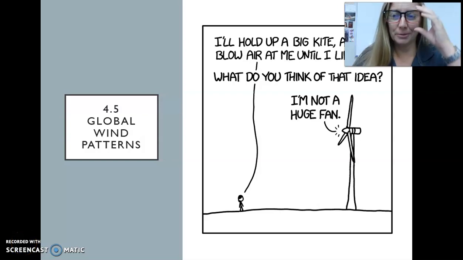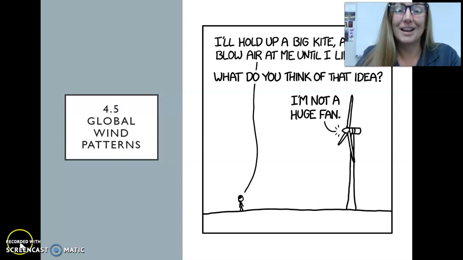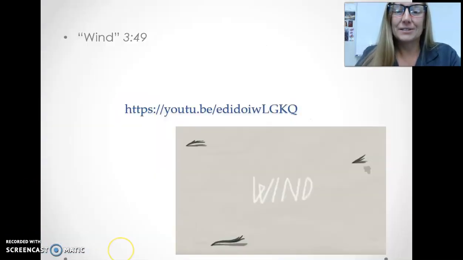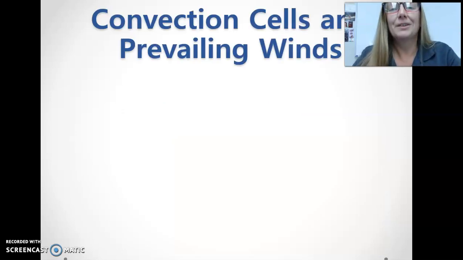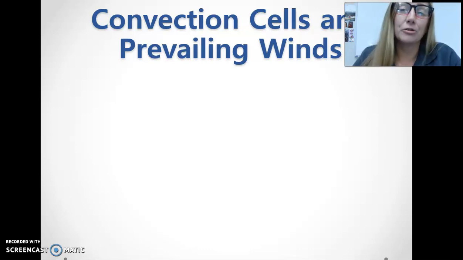Hello, and welcome to the world of global wind patterns, which we have talked about a little bit in class, and so we're just going to go over some of the same ideas, and then add a few extra things that we haven't had time for in class. So, skipping the wind video, we did draw out the different convection cells and pressure belts and winds on the